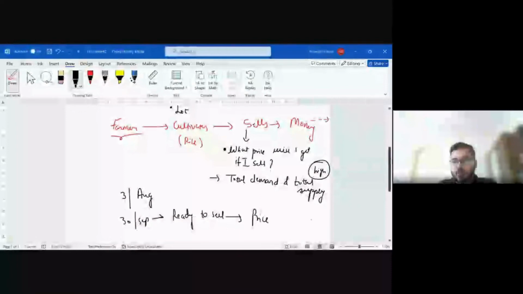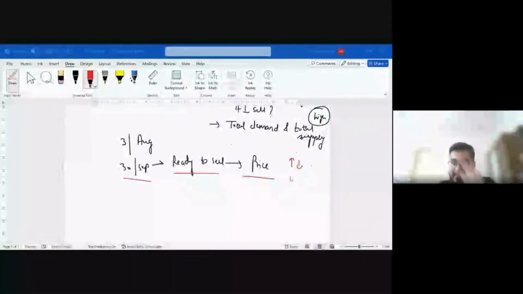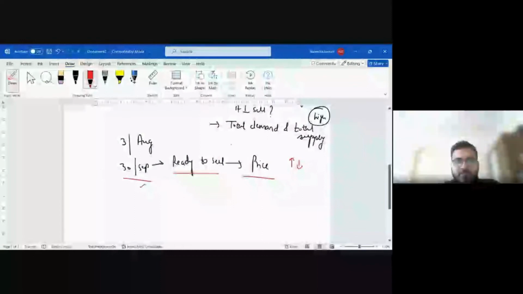So what they ended up realizing this was I have no control over the price over here, and the price fluctuates a lot. It can go high, it can go low. So because of that, what they started doing, those farmers earlier, was they started selling forward contracts, which is nothing but a forward contract का मतलब क्या हुआ? That on